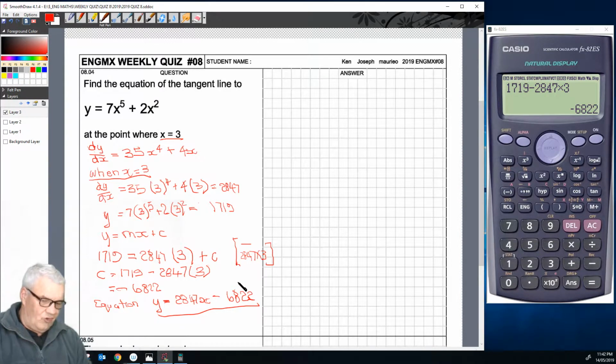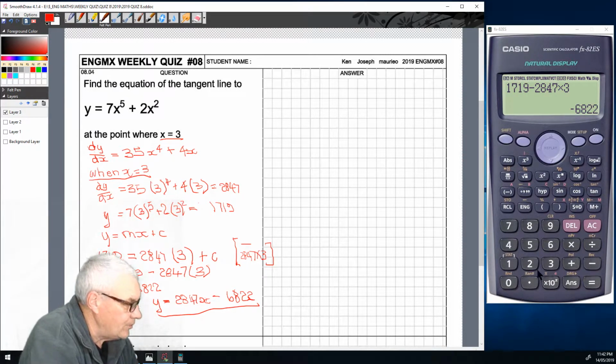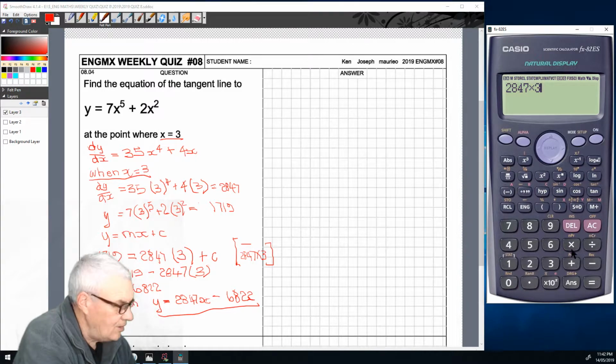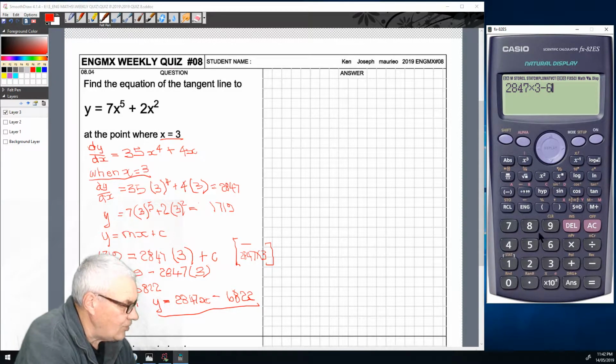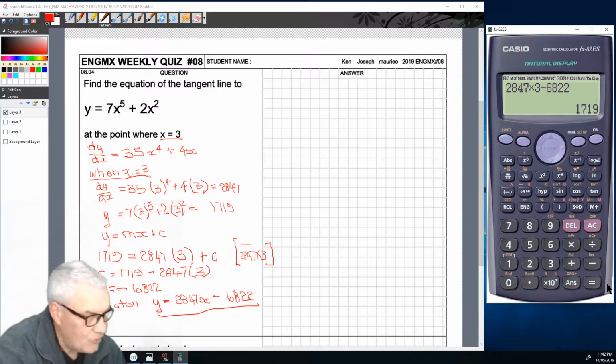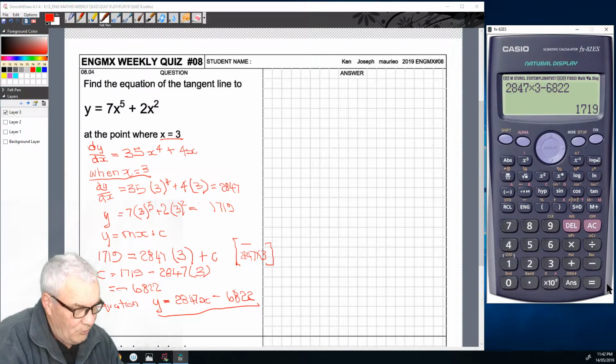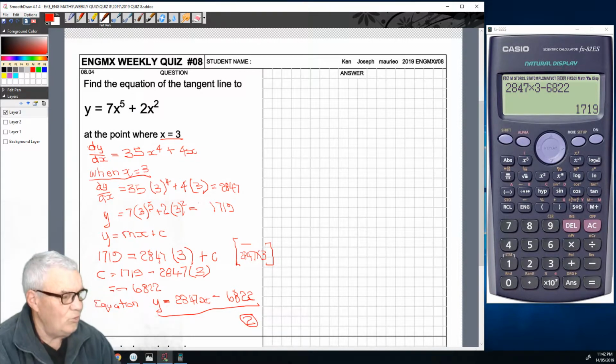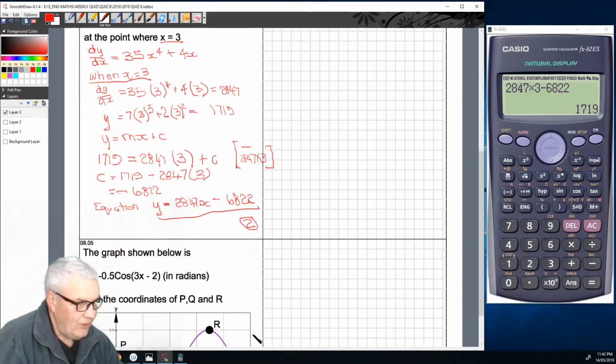And if you wanted to just check that out, you could. 2847 times 3 minus 6822 equals 1719, which is what we got. So there's another 2 marks there, pretty reasonably easily gained. There's actually 2 marks for each question. So now the next one we have to,